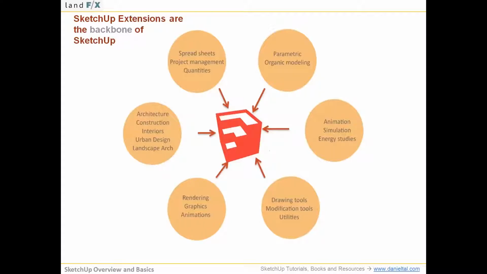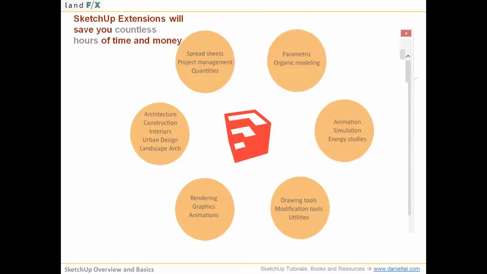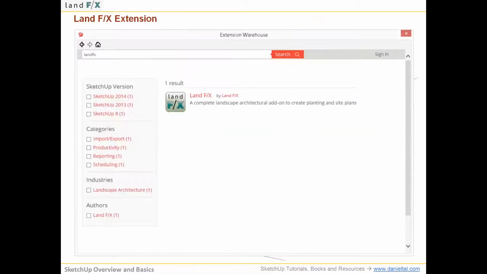Those are all apps. And in fact, Land Effects has an extension on the Extension Warehouse. So if you go to the Extension Warehouse, I'll show you where it is. We're going to let my screen catch up, and it's called the Land Effects plugin. And if you're going to start using SketchUp for site design modeling, I highly recommend you get this extension and start using it. It's a free extension, and it lets you start loading up site amenities, vegetation, all the things